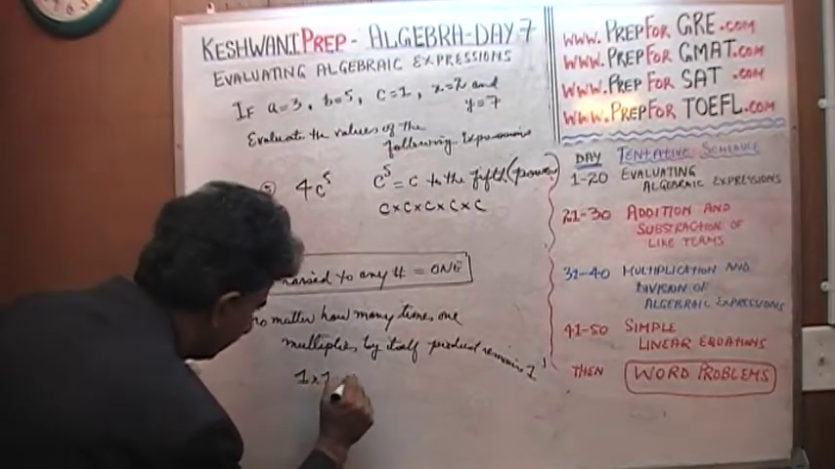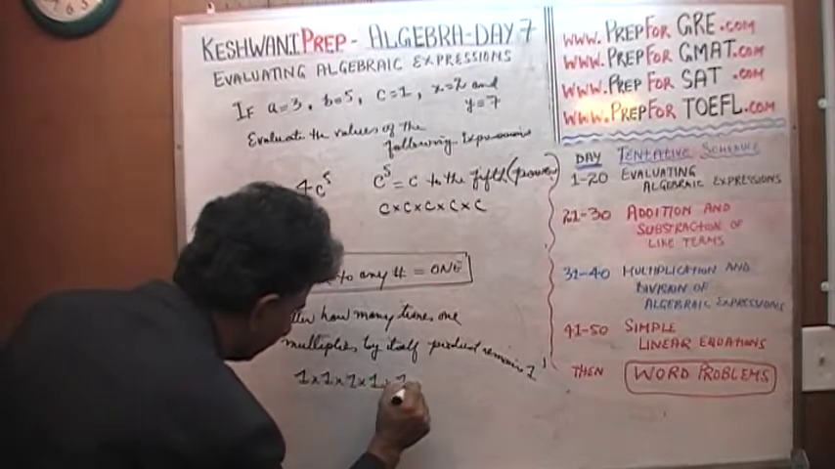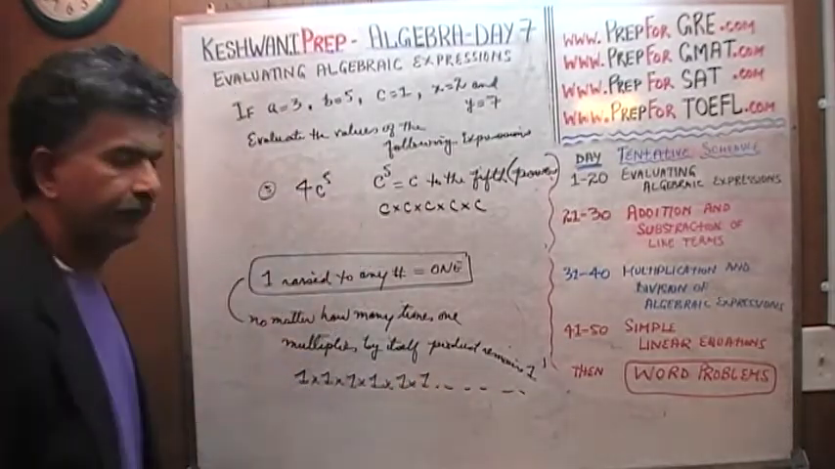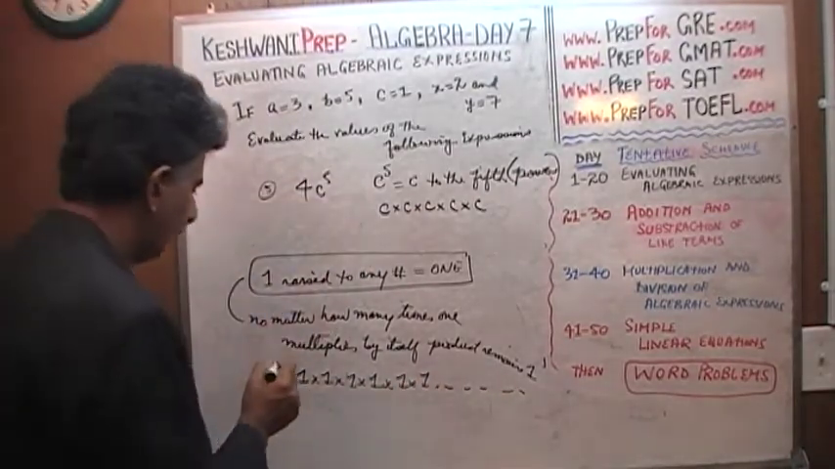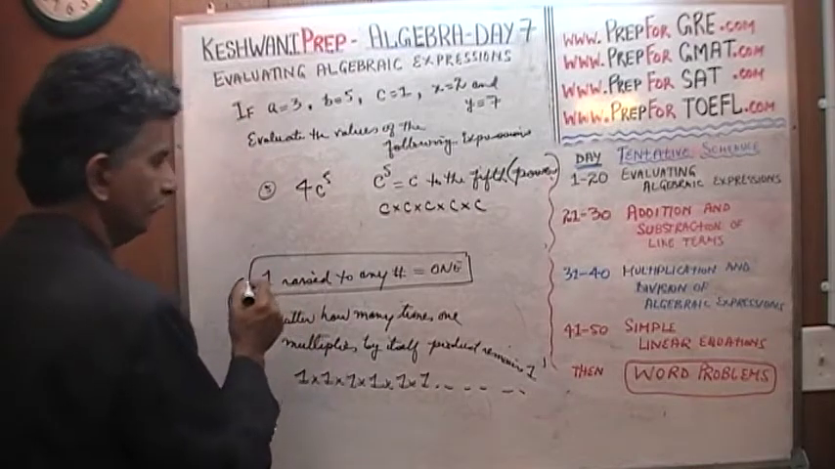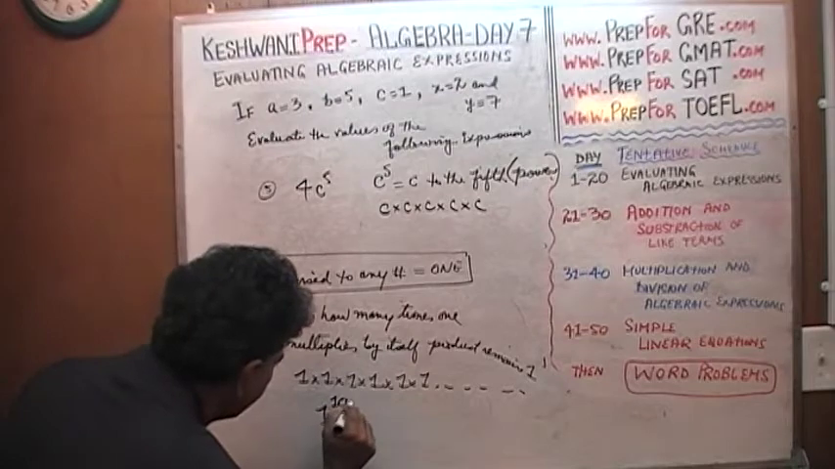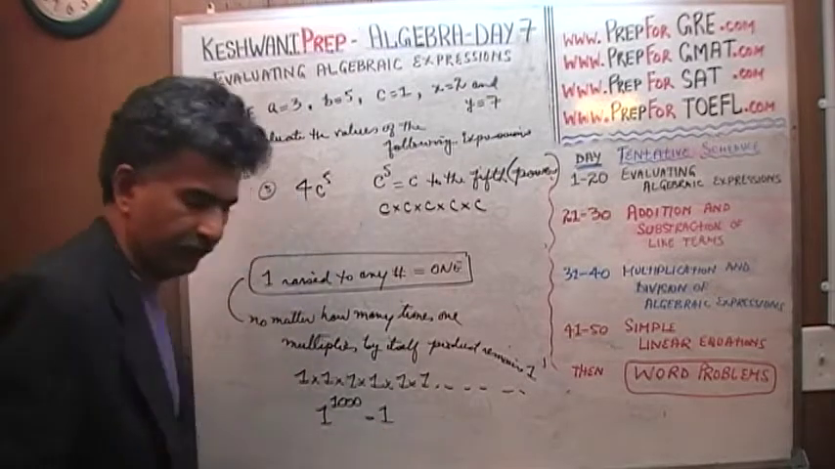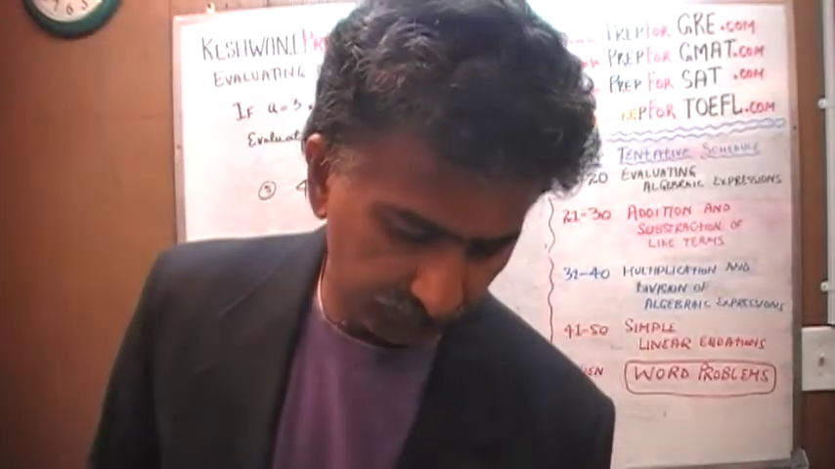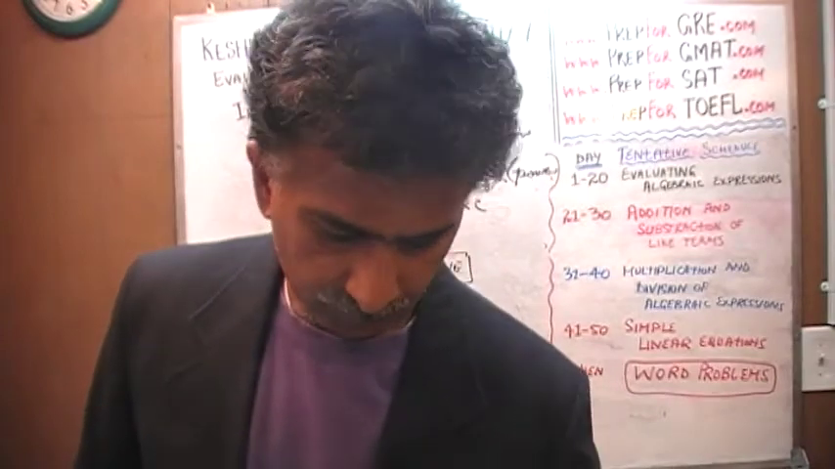1 times 1 times 1 times 1 times 1 times 1. I can go on forever. 1 raised to 1000. Let's see, where can I put it? 1 raised to 1000 equals 1. In other words, if I were to sit there and multiply 1 by itself 1000 times, or for that matter